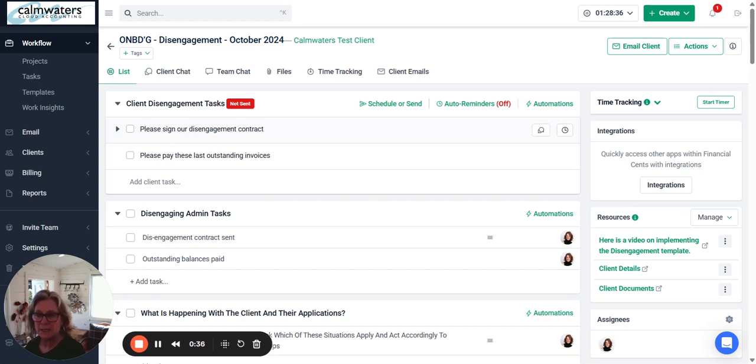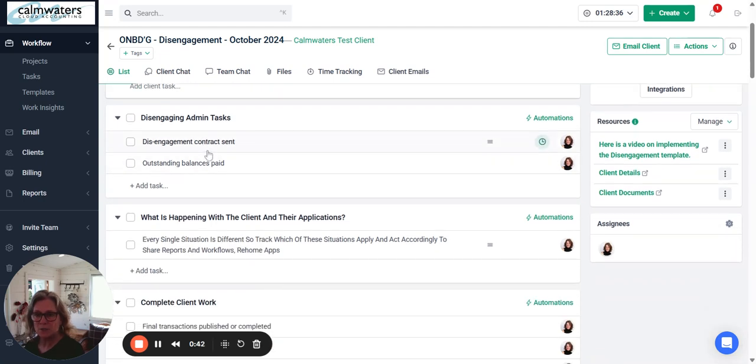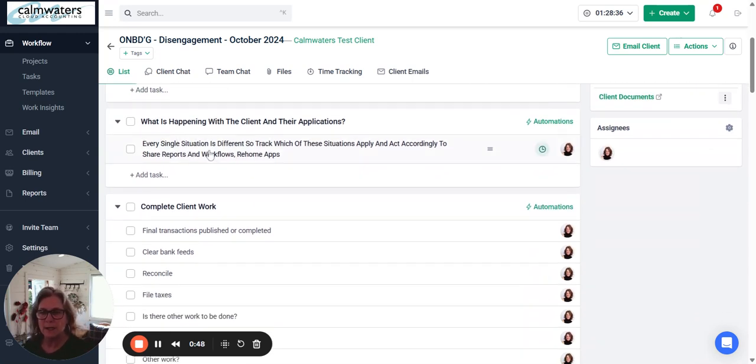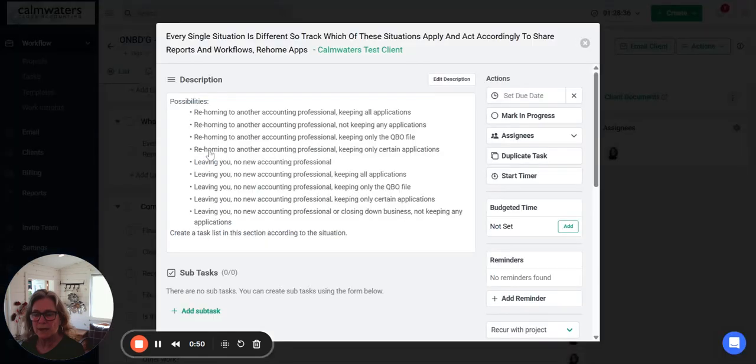And if they have any last outstanding invoices, get those in so those invoices are paid as well. We need to get the contract sent. We need our outstanding balances paid. And then what is happening with the client? Every single event is going to be different. So have a list of what the possibilities look like so that you and your team are ready for what